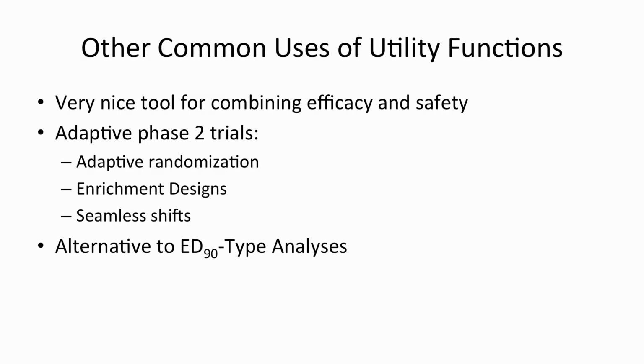Now, utility functions, that's an example where we have these 7 levels of a single modified Rankin score. Other common uses of utility functions are to incorporate efficacy and safety or efficacy and tolerability directly in a single measure. And again, as we do innovative designs and adaptive designs, we can incorporate all of these into a single endpoint so the adaptive design does smart adaptations in the course of the trial.